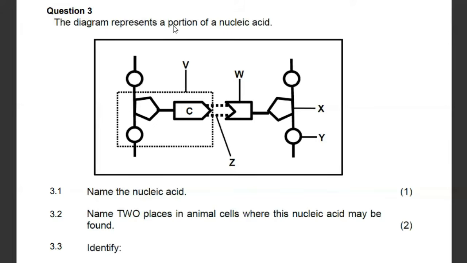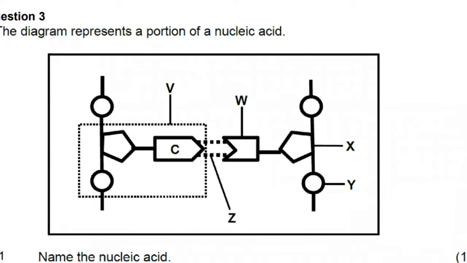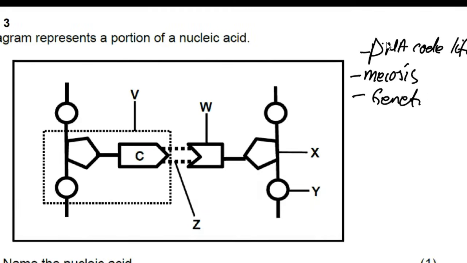Let's start with question 3. The diagram represents the portion of nucleic acids. Before I start this, don't forget that we have specific topics which we are supposed to look at in paper 2. The first topic is DNA, code of life. The second topic is meiosis. The third topic is genetics. The fourth topic is